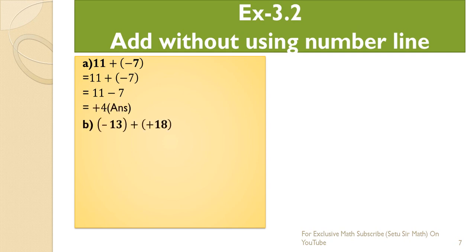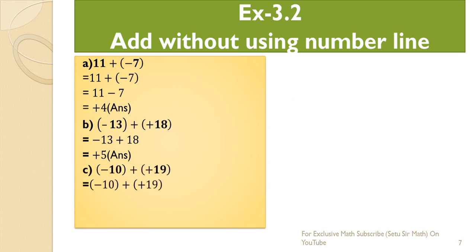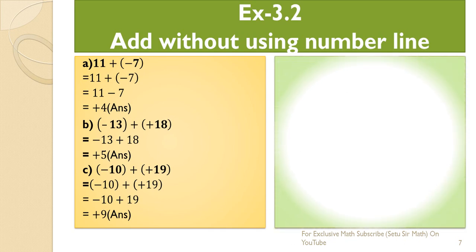Minus 13 plus plus 18, the same thing, multiplication rules of sign. Plus and plus, that would be plus. So from plus 18, if we minus 13, we will get plus 5, because the bigger number's sign is plus. Minus 10 plus plus 19, that would be minus 10 plus 19, that would be 9. The bigger number's sign is 19's. Next question,